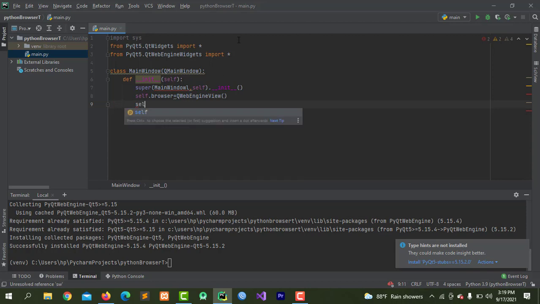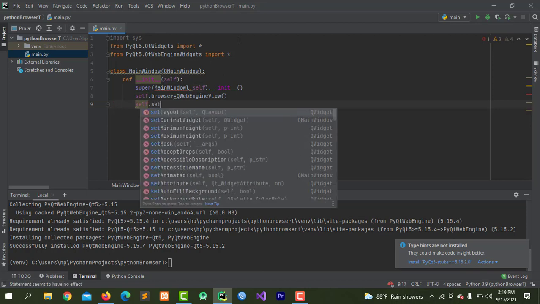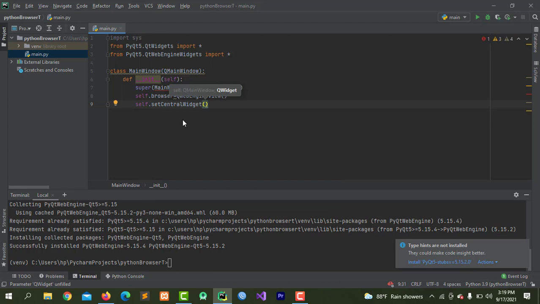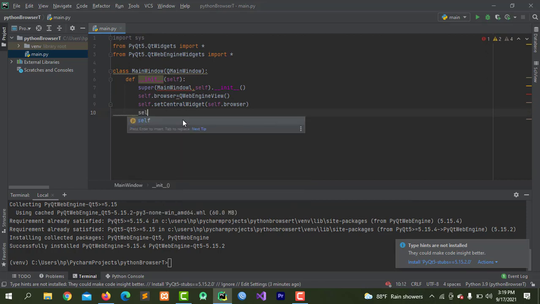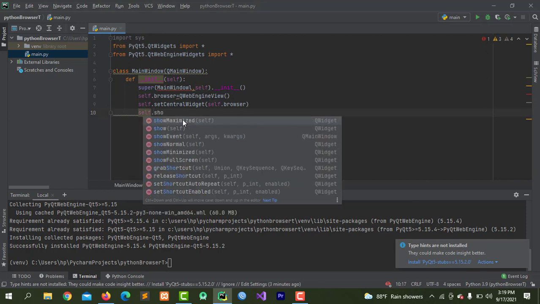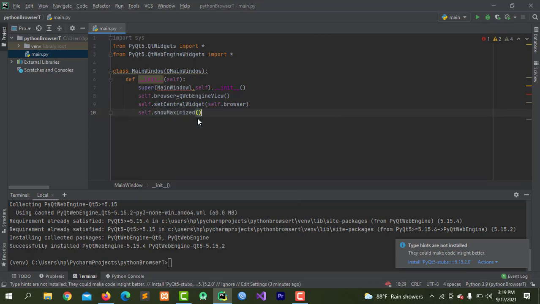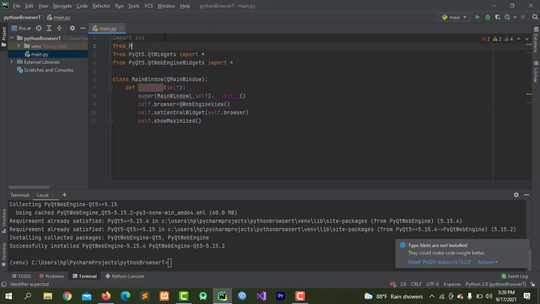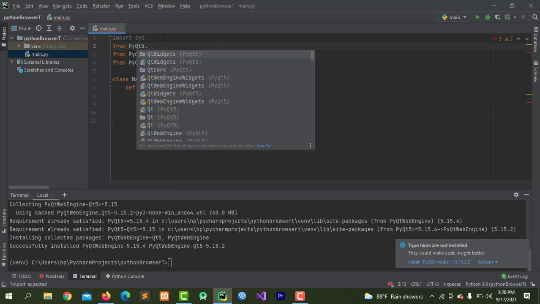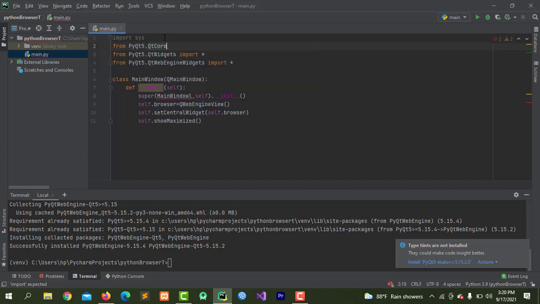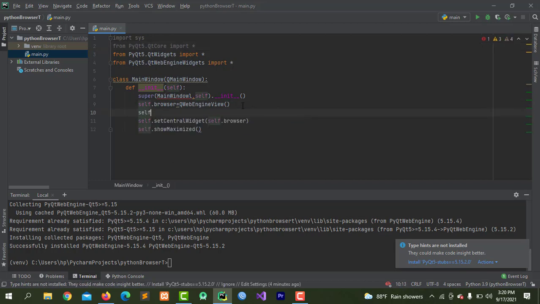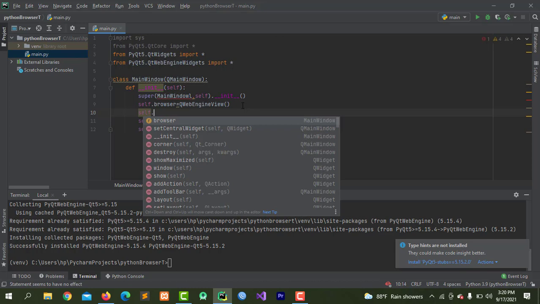Then self.setCentralWidget(self.browser). Then self.showMaximized for the minimize and maximize options. And here from pyqt5.qtcore, import all. Then here self.browser